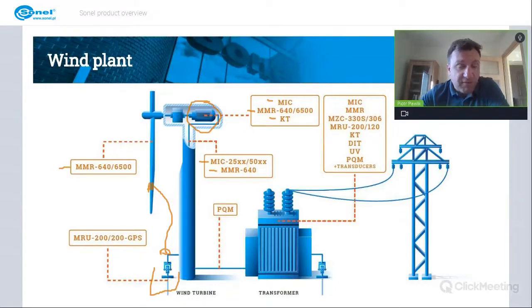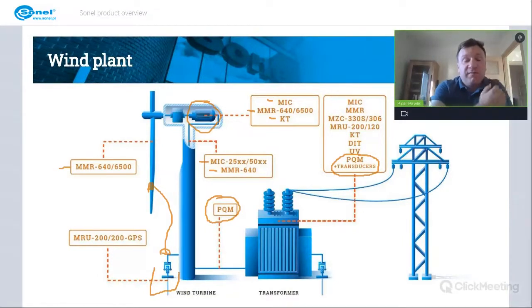Now to check the power quality of power which is produced by this wind turbine, we can use the power quality meters. So we can connect them before the transformer or behind the transformer. That's the power quality meters together with transducers. And on the transformer, same as in the other power plants, we can check insulation resistance with MIC meters,